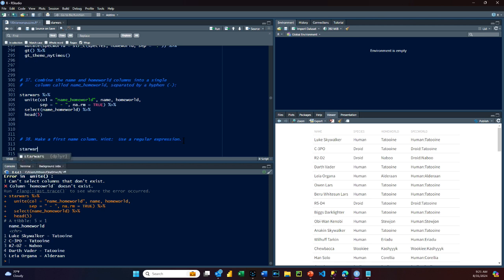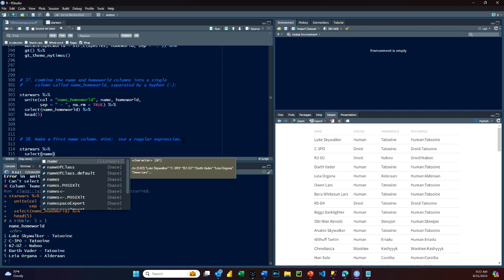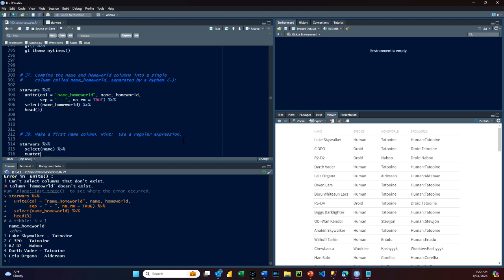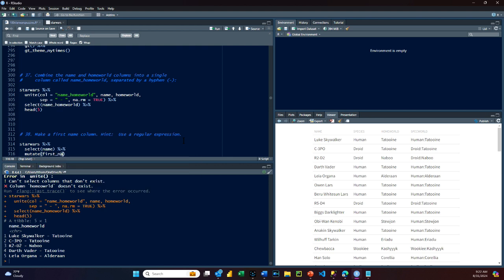So starwars, pipe, select the name, and then mutate first_name. Create a new column called first_name equals